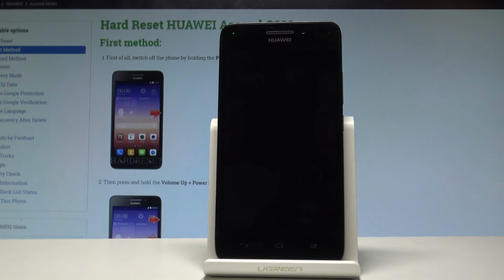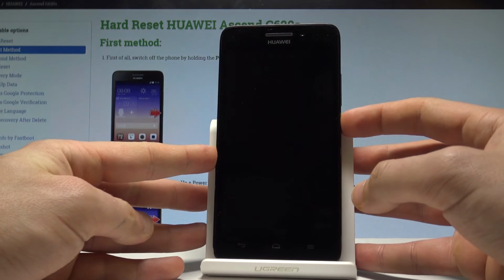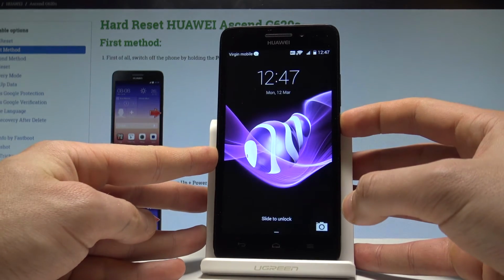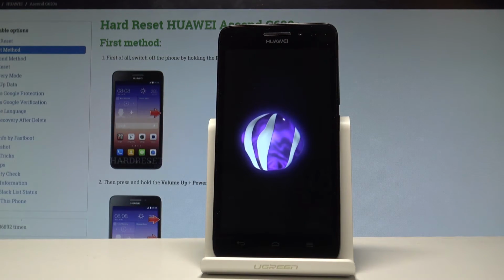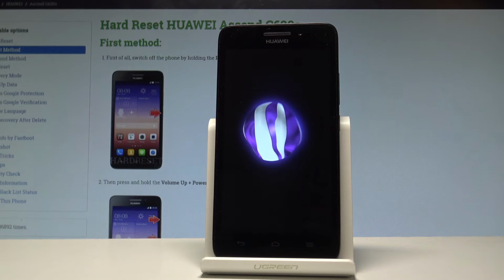Here I have HUAWEI Ascend G620s, and let me show you how to enter the recovery mode on the following device. So at the very beginning, let's start by pressing the power key right here. Choose power off and tap OK to confirm it. Wait until your device is completely switched off,